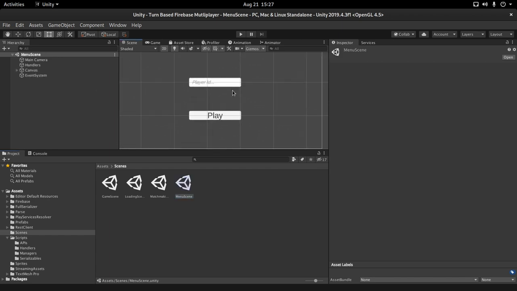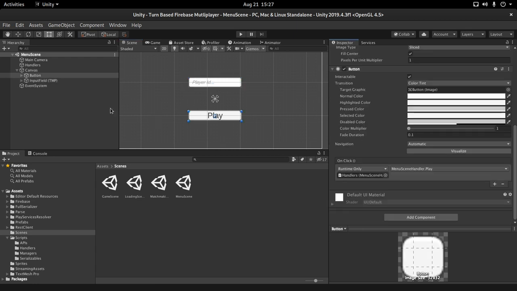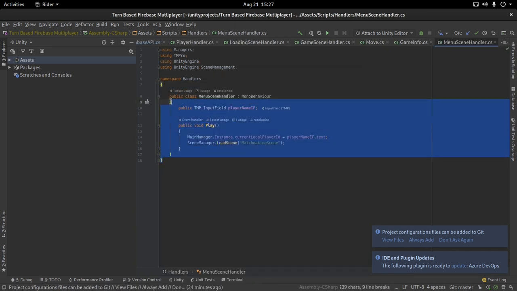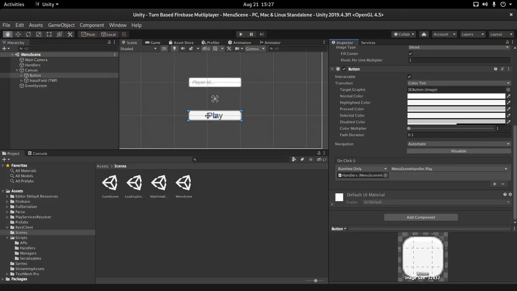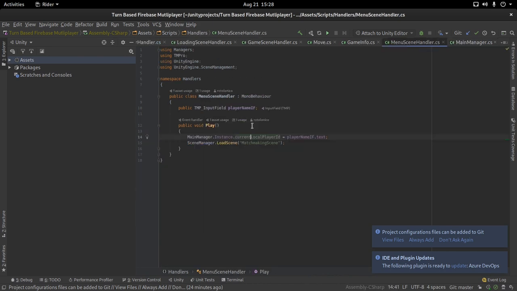This menu scene, as I explained before already, all we need to do is enter the user into the queue. So we need to get the ID of the user and then make him join the waiting queue. If we go to the menu scene handler, we're gonna have all of the UI about the scene. And naturally there is not that much UI. All of the UI that is there is the input field, which is this one, and the play button. Basically all that this scene does is that it stores the result of the input field into a local variable. It actually stores it into this variable right here, and then it moves the user onto the next scene, the